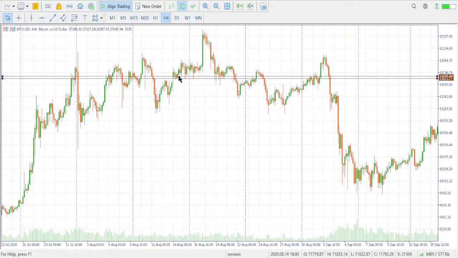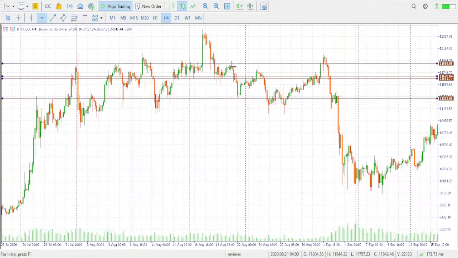So you can see that we had a support here. We had a support. There is a break below. We have a resistance. If you took the sell within these two lines, expect the sellers to push price downwards at least up to this level here. So if you sell it within these two lines, have the stop loss above the highs of